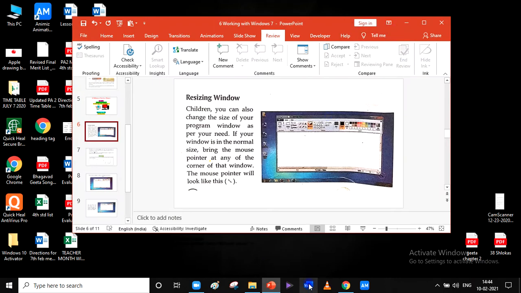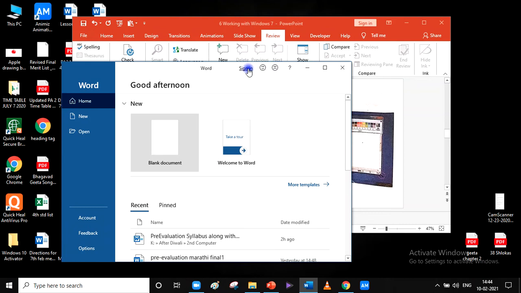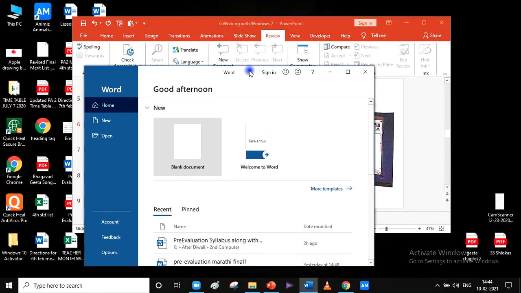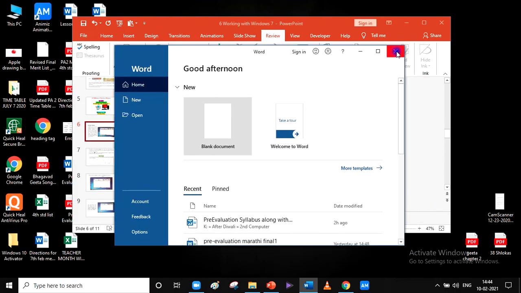Okay, last one. Let me open some other program for it. Okay, I am using this program, because I do not want to close this one, so I will use the other program. When we go and click on this close button, remember the red background with a cross in it is called the close button.